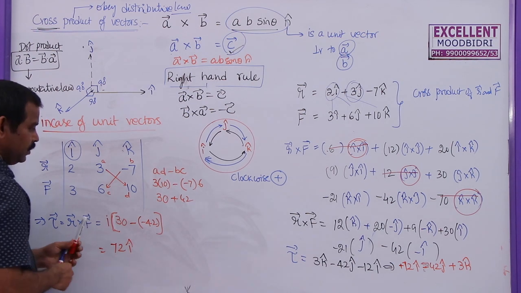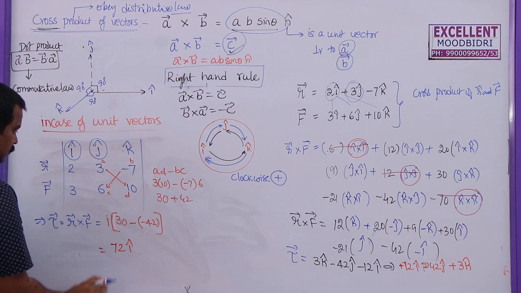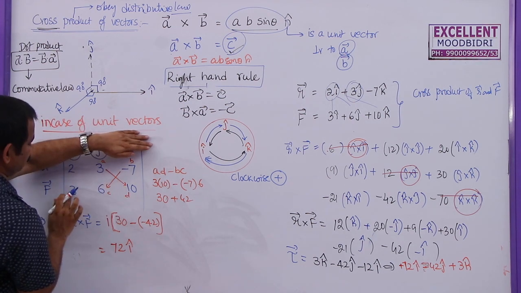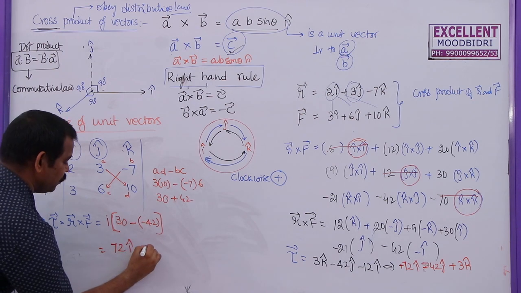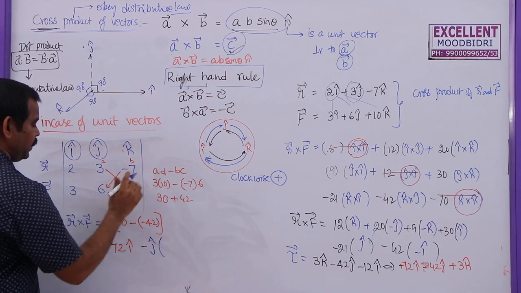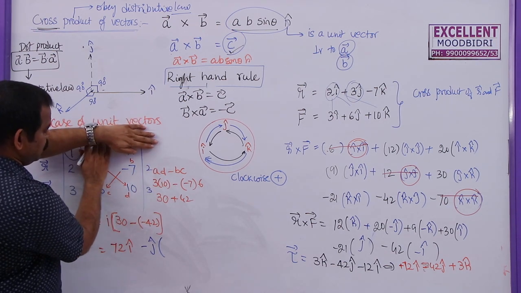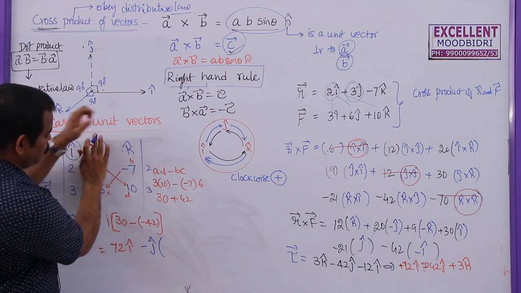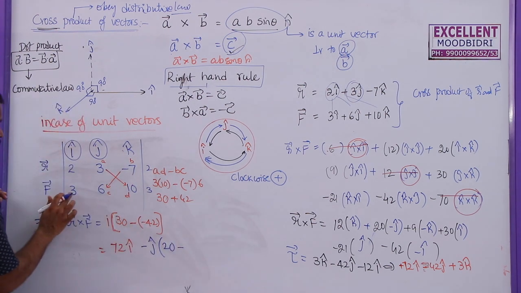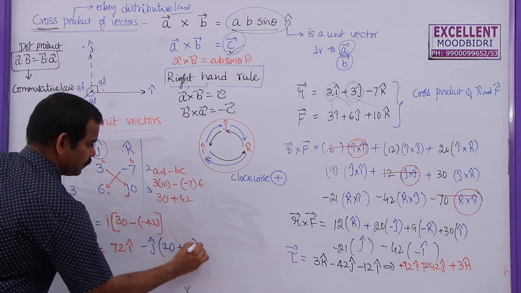Next one, now you close this j row, j column. So now you close this one and this one. You have 2, 10, 3, minus 7. So minus j cap you have to write because this will go this side. So this 2 and 3 will come here. So minus 7 into 3, 10 into 2, or you can write 2 tens are 20, minus 3 sevens, 20 minus 21, minus of minus plus 21.